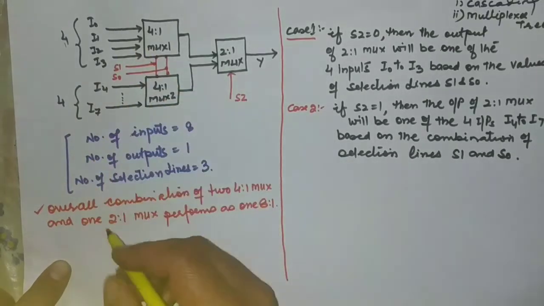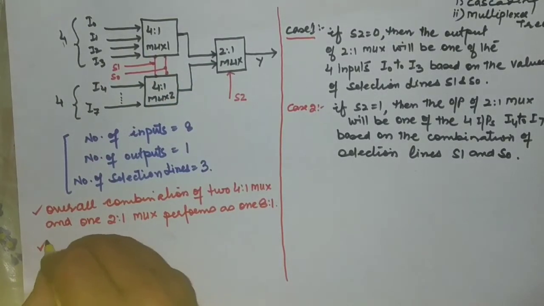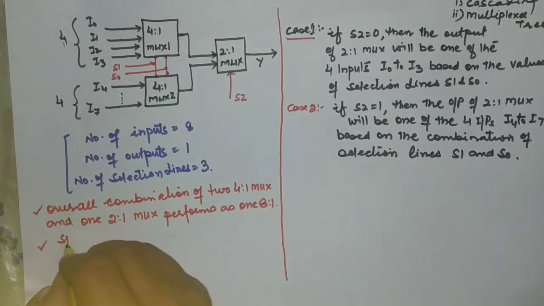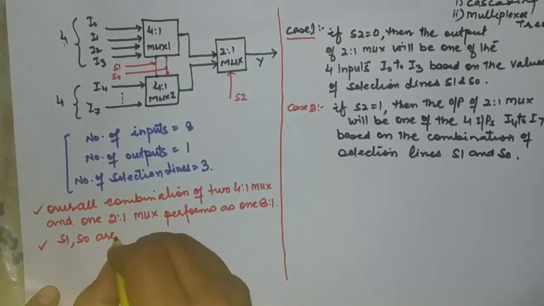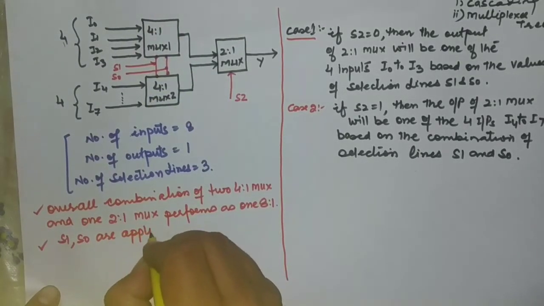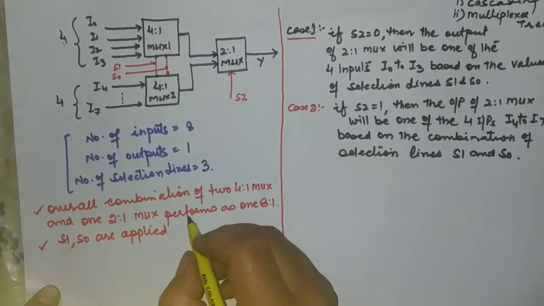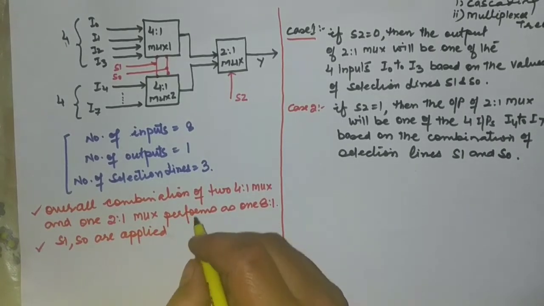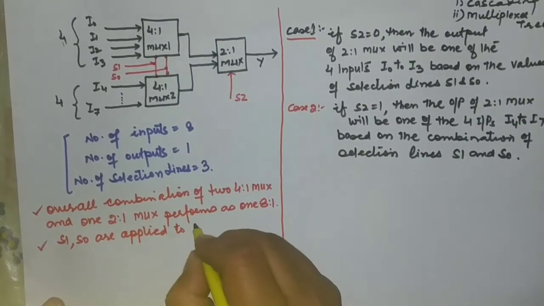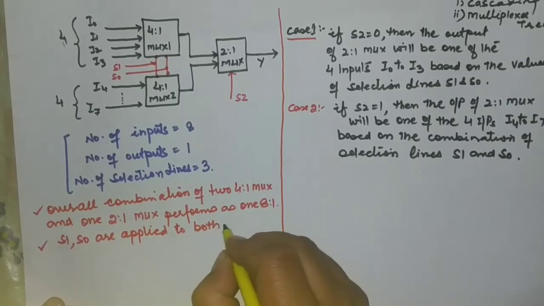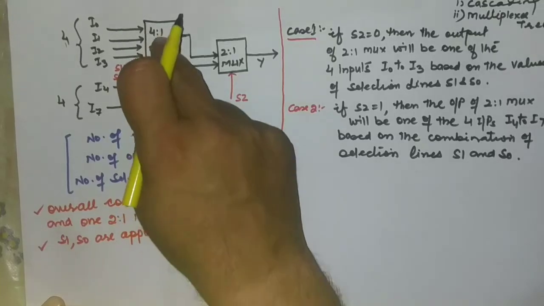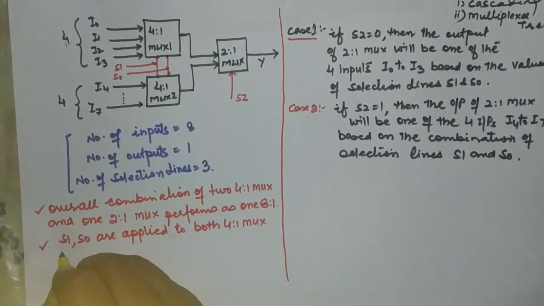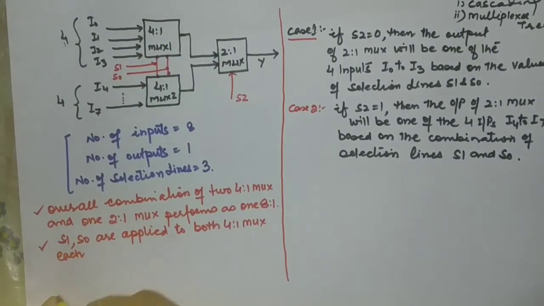This all combination. Second thing, S1 and S0, these are applied to both 4 to 1 mux each,